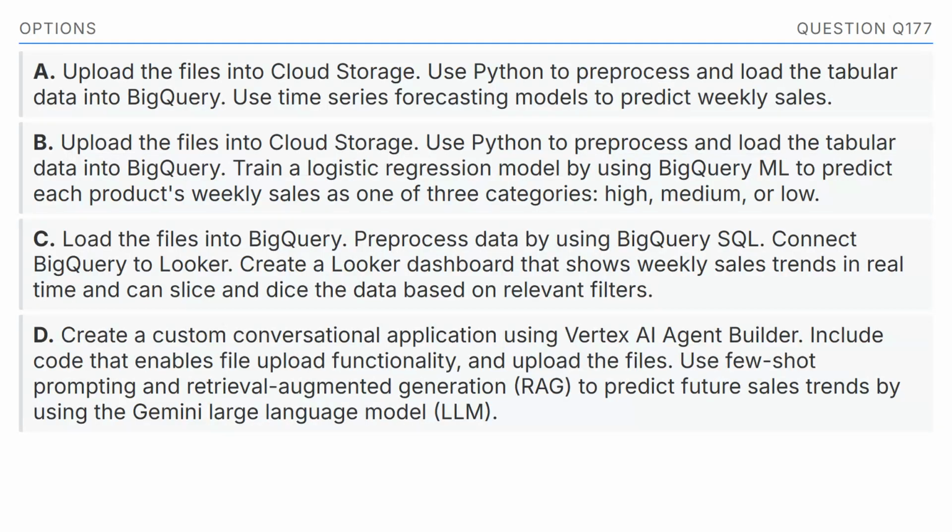The options are: Option A, upload the files into Cloud Storage. Use Python to pre-process and load the tabular data into BigQuery. Use time series forecasting models to predict weekly sales. Option B, upload the files into Cloud Storage. Use Python to pre-process and load the tabular data into BigQuery. Train a logistic regression model by using BigQuery ML to predict each product's weekly sales as one of 3 categories: